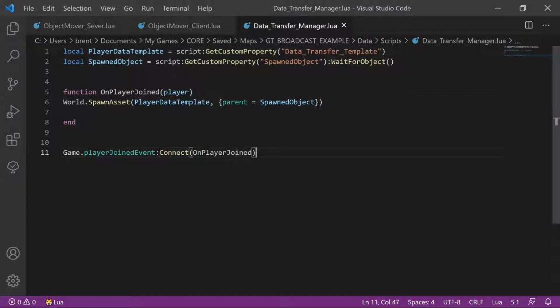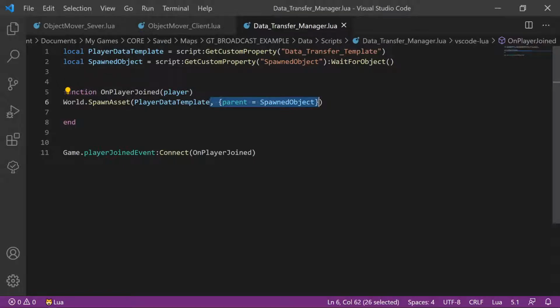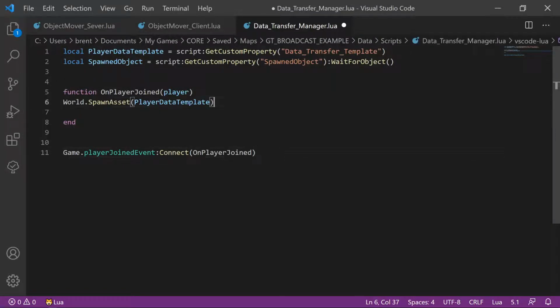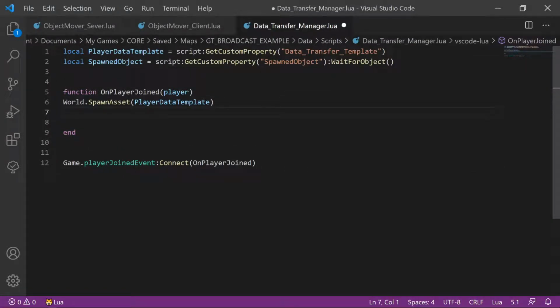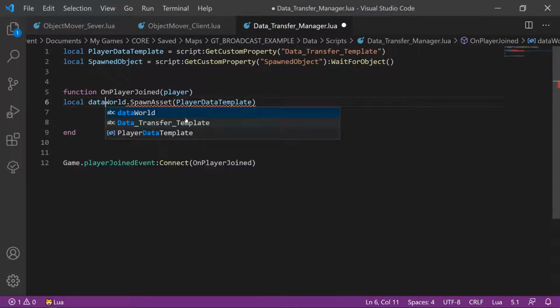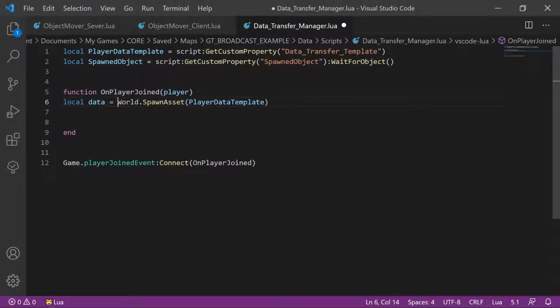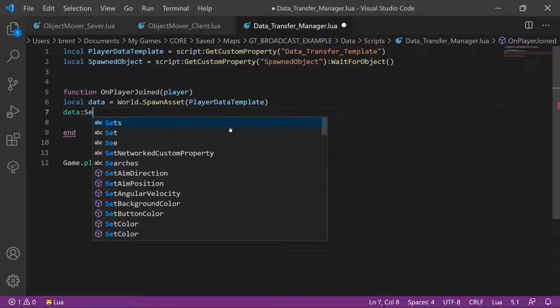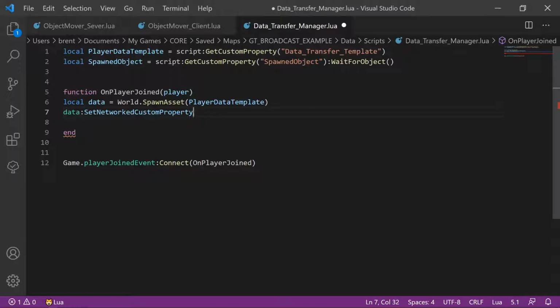So what's going to happen is this is going to spawn that empty template into this group that we made. Actually, another way we're going to do it is just to make sure that our information gets across, because what we want to do here is we're going to want to make this a variable. And now that this is an object, we can use the set networked custom property data,